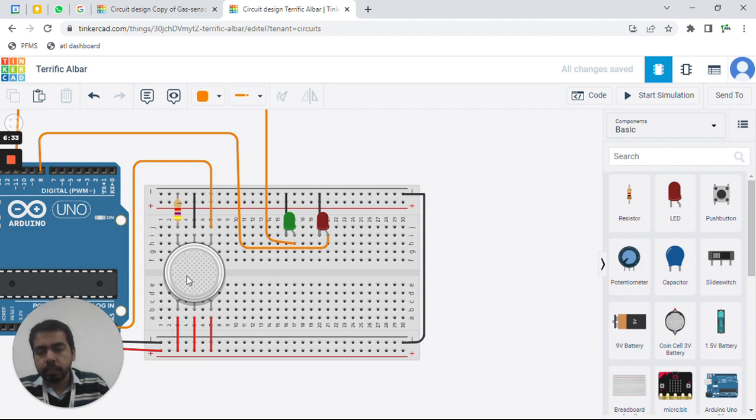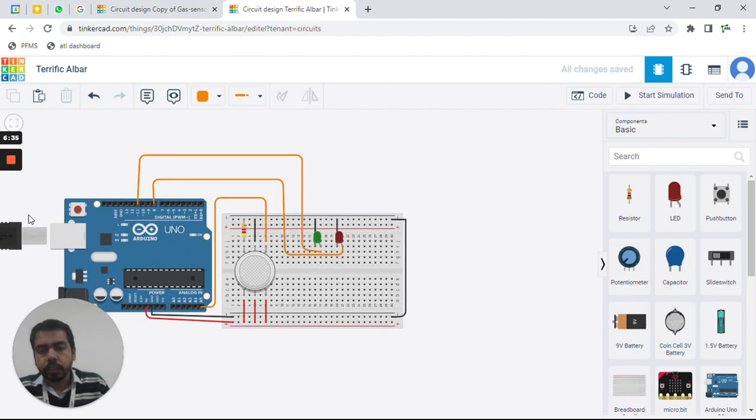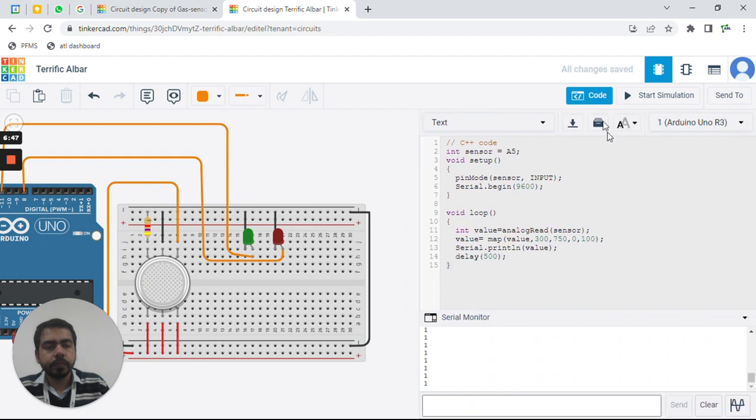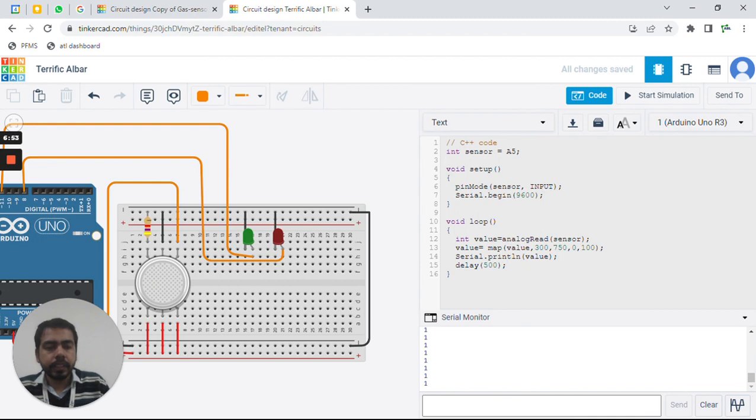So now we have two LEDs, green and red, and we have a sensor over here. The connection is as we did in the previous session. So now let's move to the coding section. We have added two more.